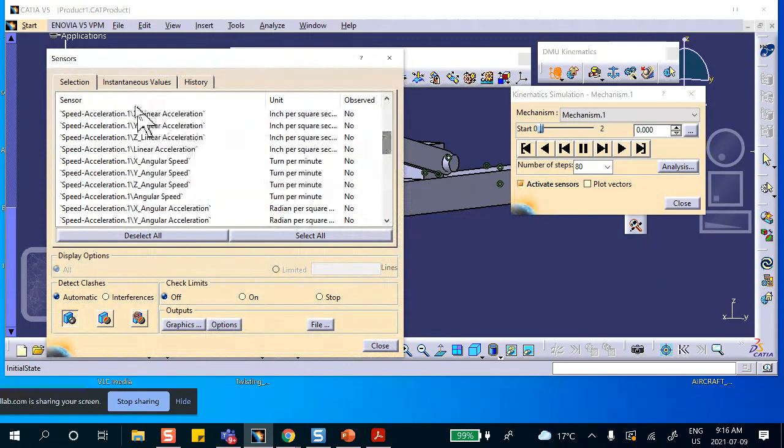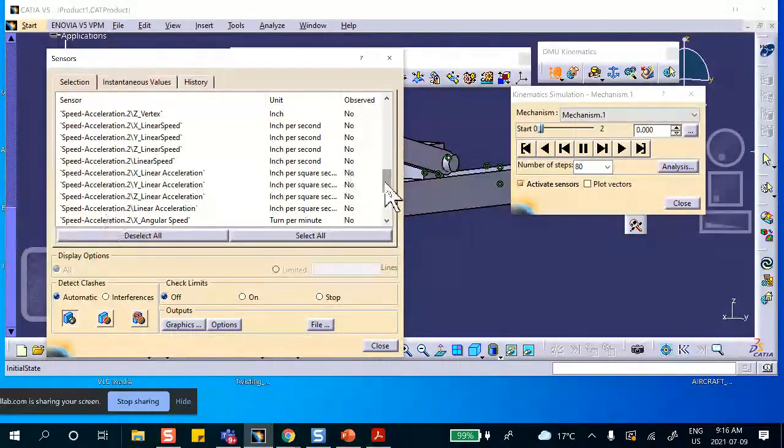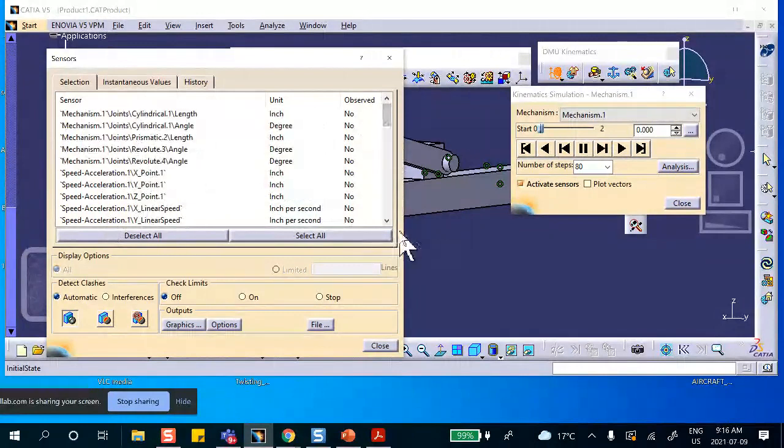See that? This is for the first point. 1, 1, 1, 1, 1, 1, 1, 1, all the way down. And then in the rest of the table, you have 2, 2, 2, 2, 2, 2, 2, 2. So let's say that I want the acceleration of the point,